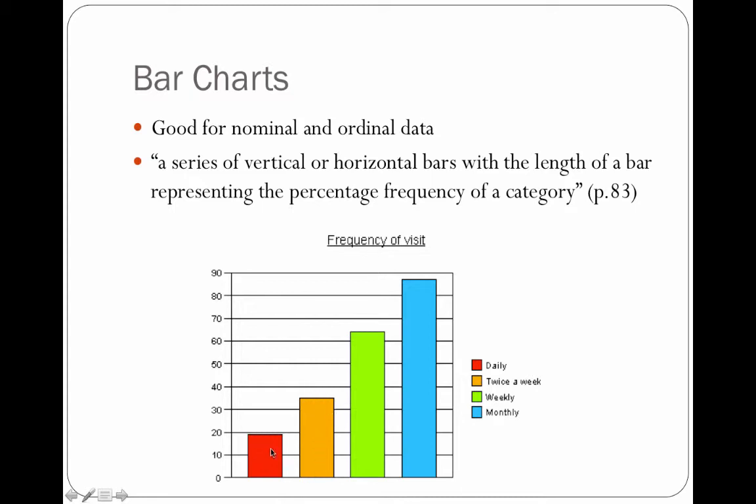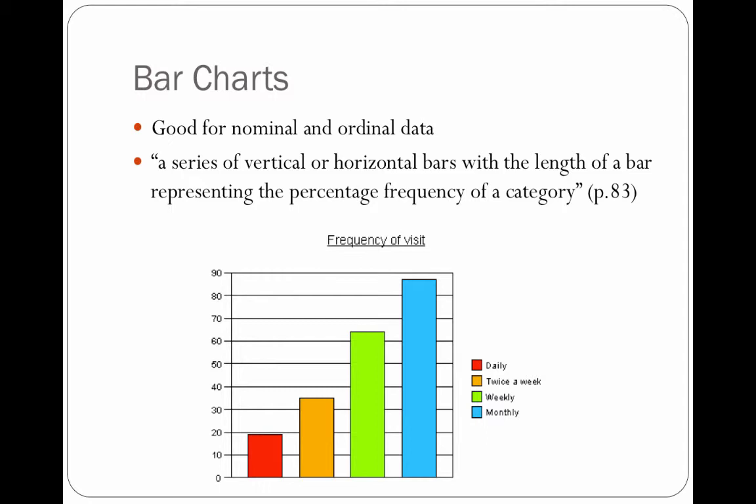So daily you can see it's just below 20%, twice a week is about 35%, weekly is looking at about 65%, and then monthly at almost 90%. And so this is a very simple bar chart. And for a bar chart, when you are interpreting it, you're going to want to point out again the highs and the lows and kind of compare the different categories to one